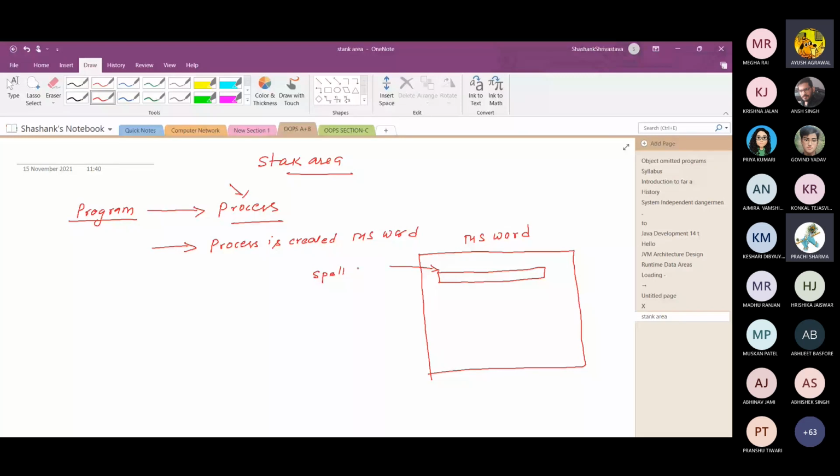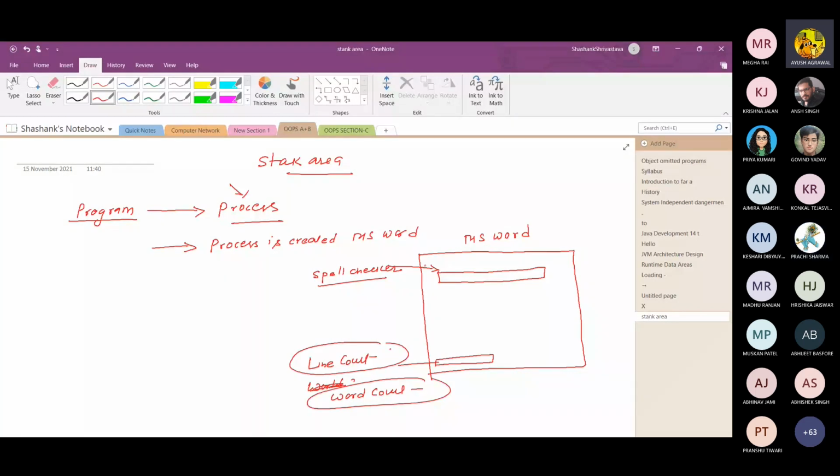And at the end of the MS Word page you can see line count and word count mentioned. How the line is counted, how the word is counted, how the spelling is checked, all is done by some sub process running.